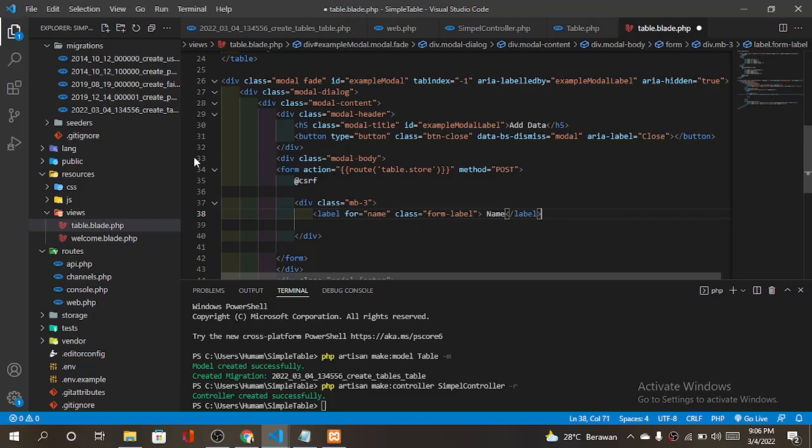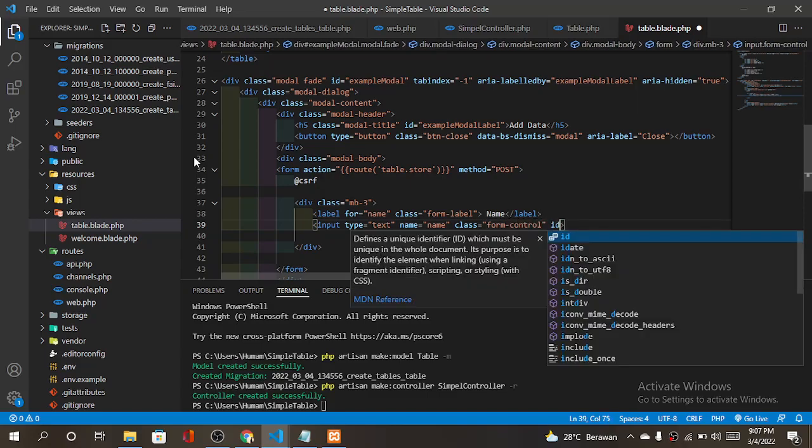After that we add an input like this, input type text, and the name is name, and we give the class form-control, ID,